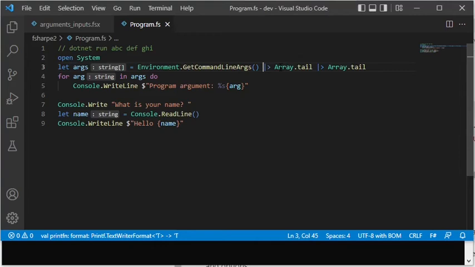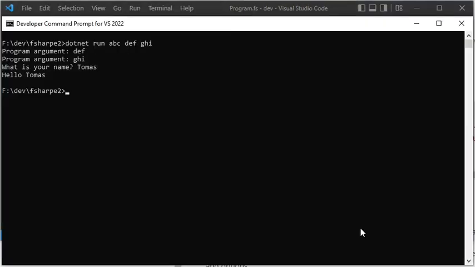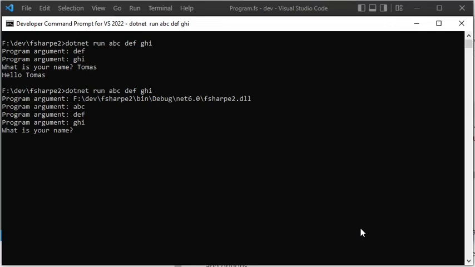I will now show that difference more clearly by first commenting out both calls to the module function Array.tail, which created a new list without the first two elements of the arguments array. When I then execute again, you can see that there is now one first element, which is the project's compiled DLL file, F#2.dll, which can be compared to the two first arguments of the previous script execution with dotnet fsi. And then the first element was a DLL file, fsi.dll, and then the second argument was the name of the script file.